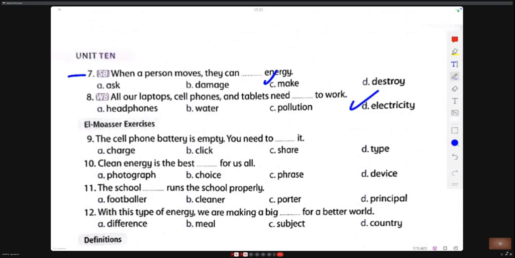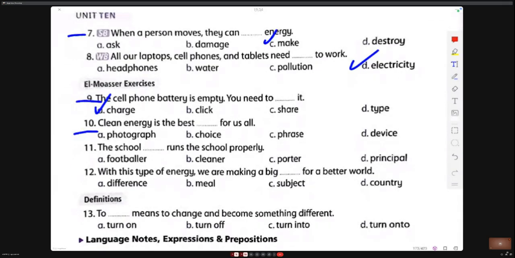The cell phone battery is empty. You need to charge it. Clean energy is the best choice for us all.